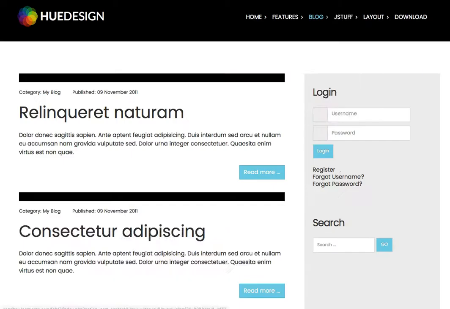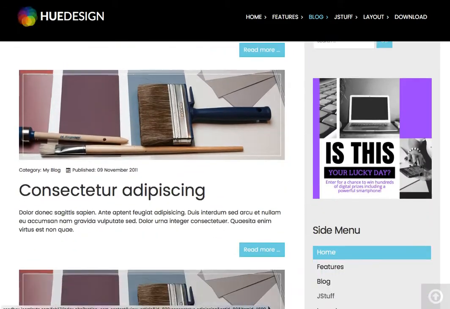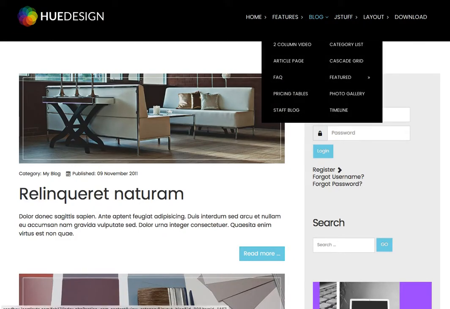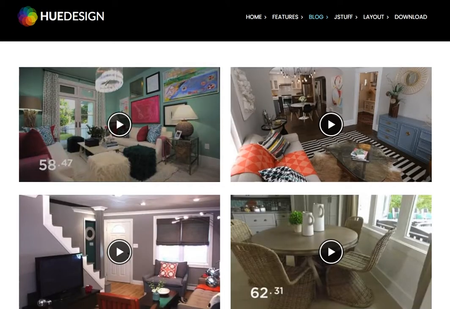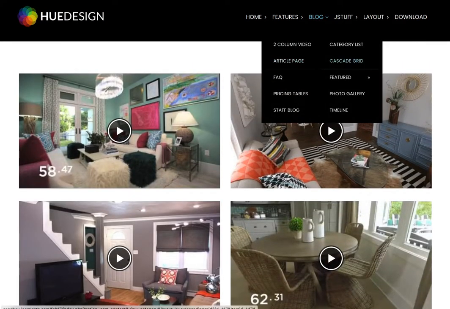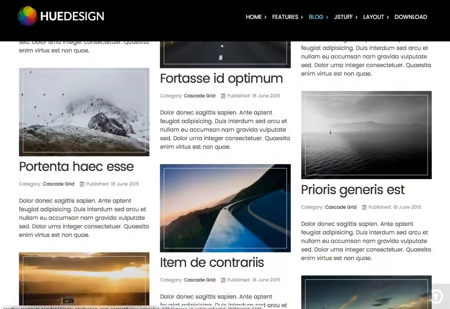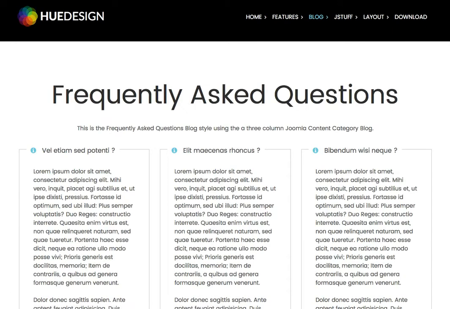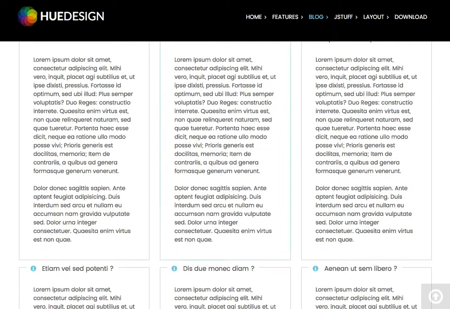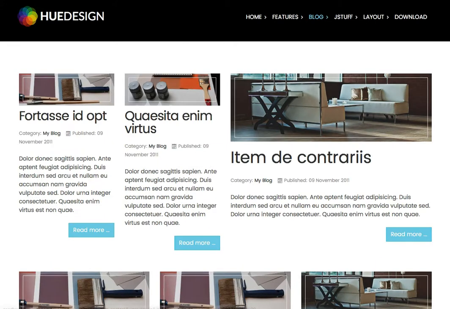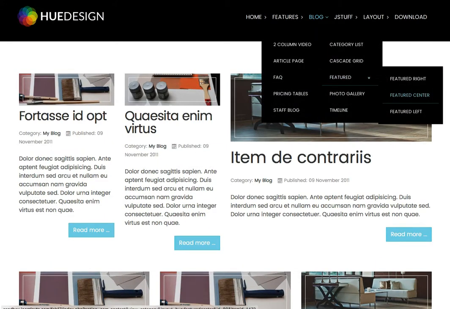So we have our blog. Here's the standard blog layout. We have a 2-column video blog, and these are the videos that are used on the front page. And of course, we have our standard alternative layouts. We have a cascading grid. We have our FAQ page. Our features. This is the featured right, featured center,